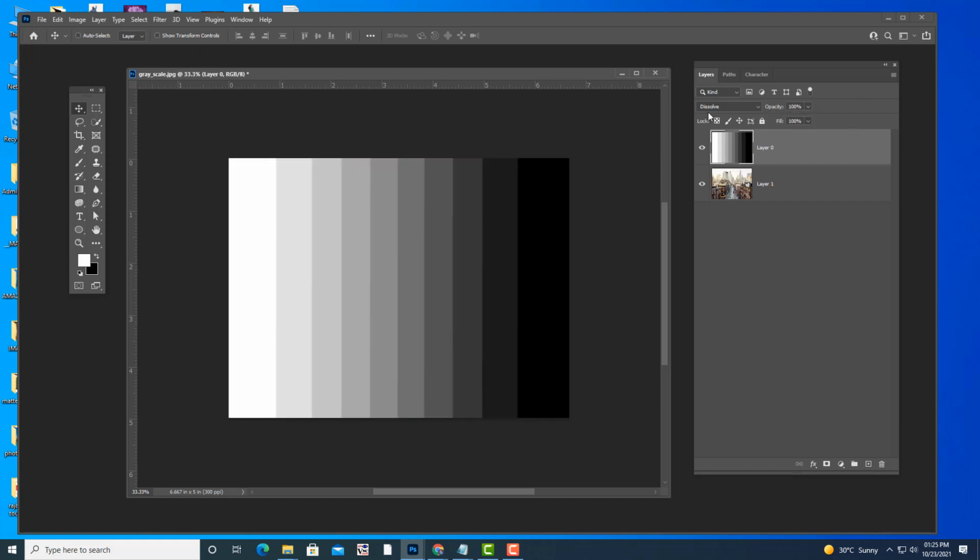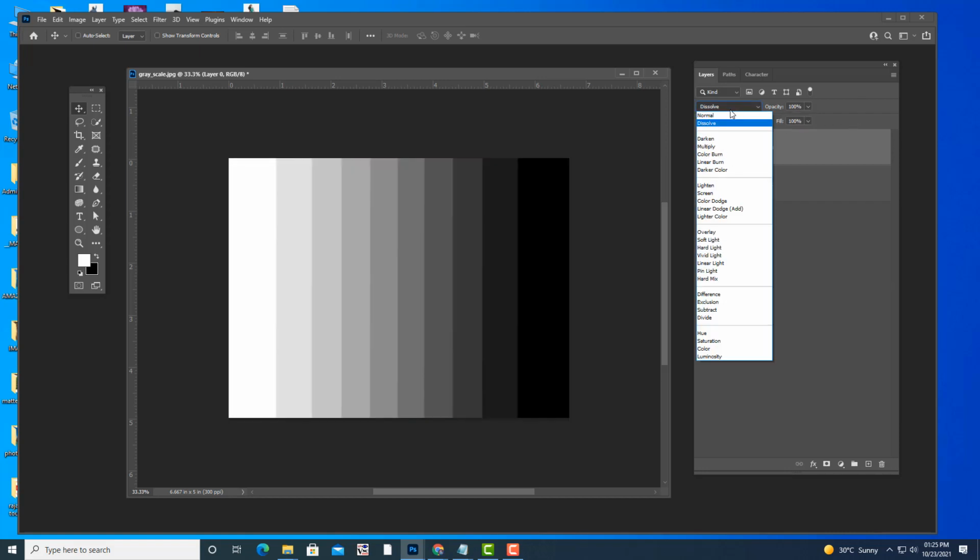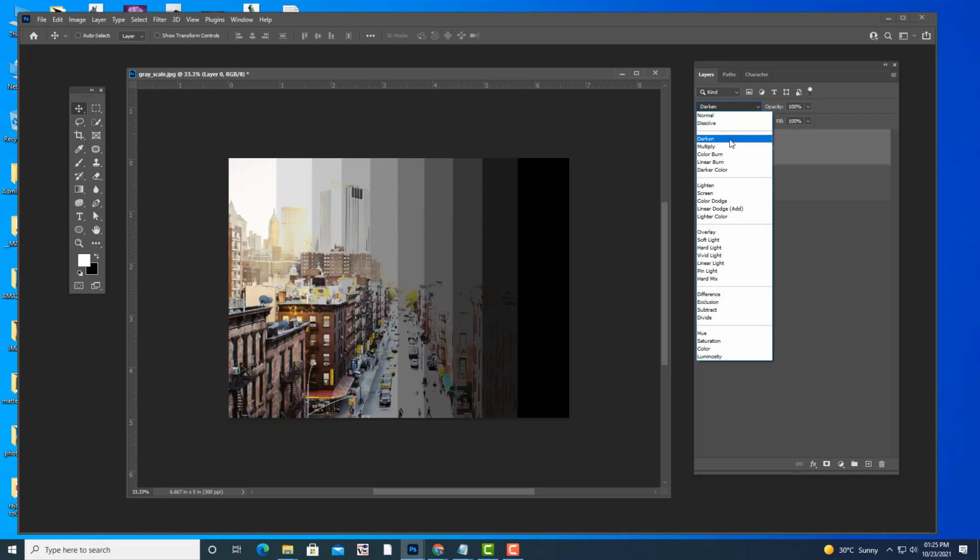But the real interesting thing will start from this next section, that is the darken section. I will first explain what these important sections, or we can say blending modes, are. The first section is called the darken section.